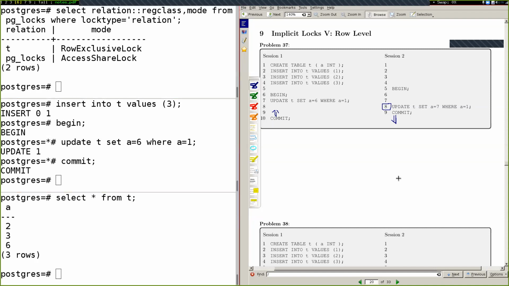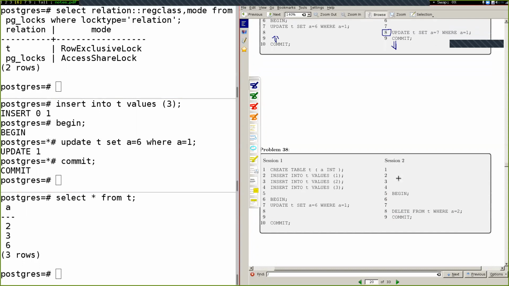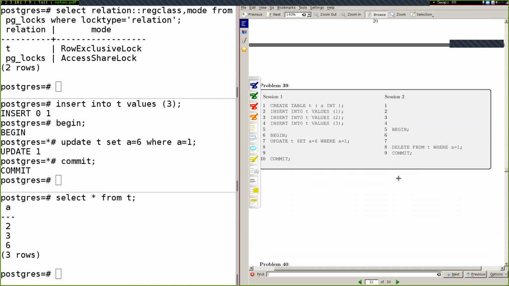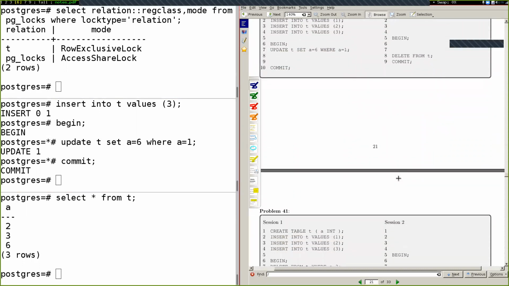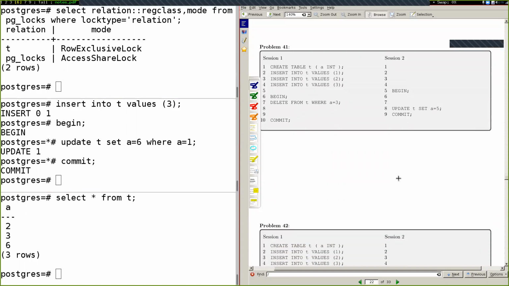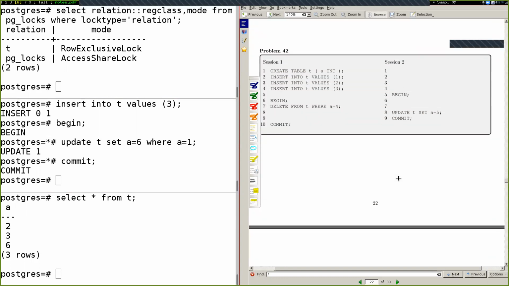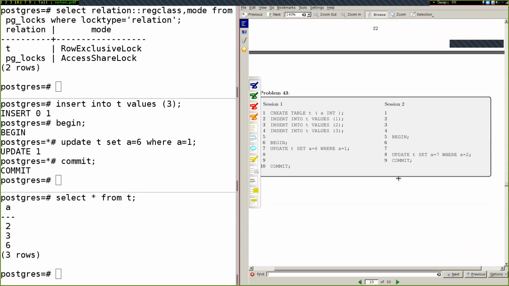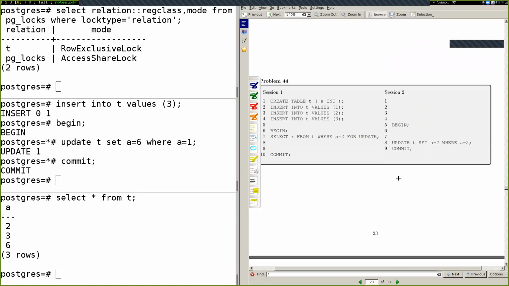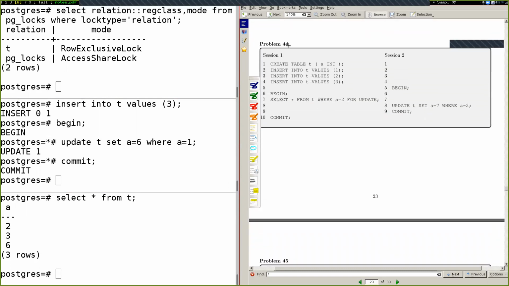Okay, I want to keep moving on. All great questions, and playing around with these other examples will help, I think, just get a feel and clarify these. What I want for us to go take a look at next, though, is this problem 44, where it says the select star from T where A equals 2, this for update right here. So for update is introducing a new syntax that is